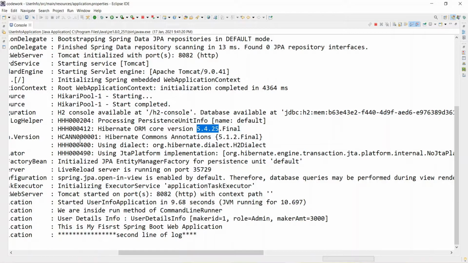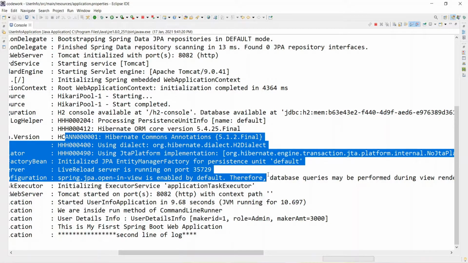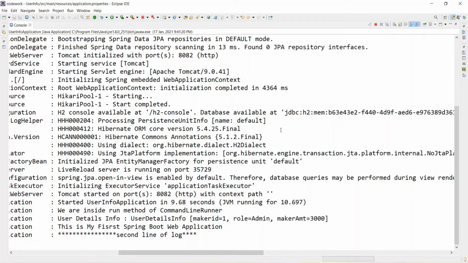And this is the default configuration. It has started using that. We have not configured this, right? The Spring Boot has done it for us, right? And this is the beauty of Spring Boot: JPA and the H2 database are taken care of by the Spring Boot application.